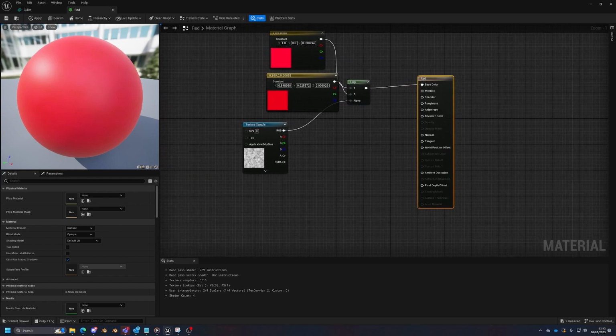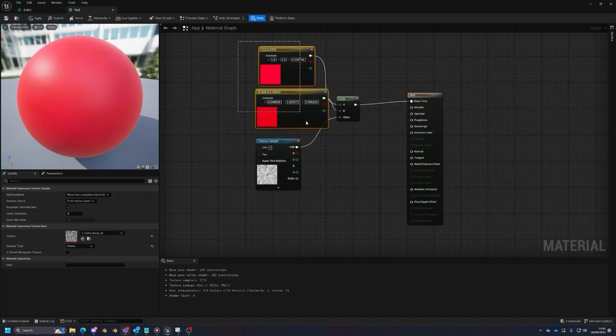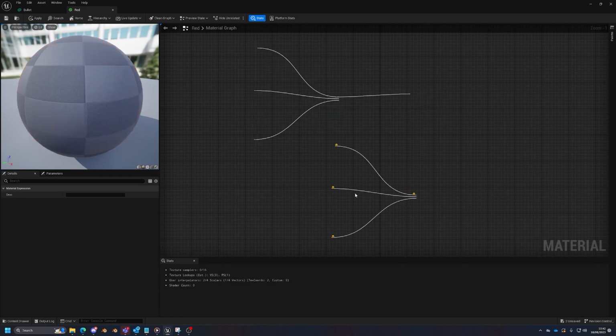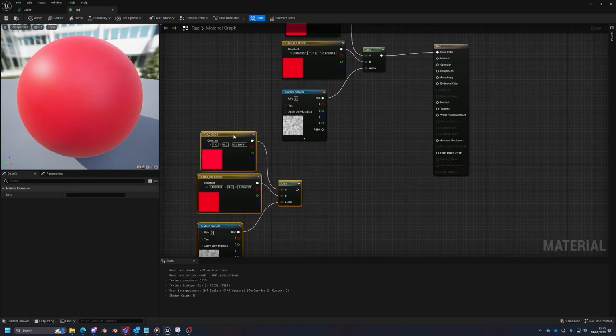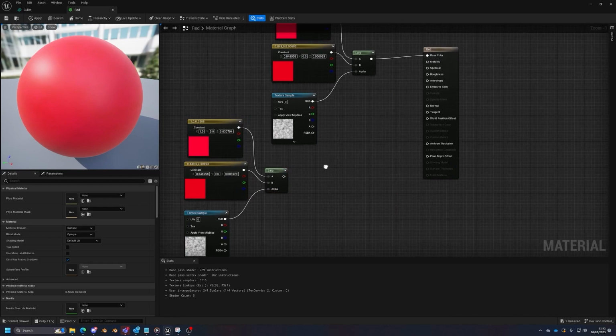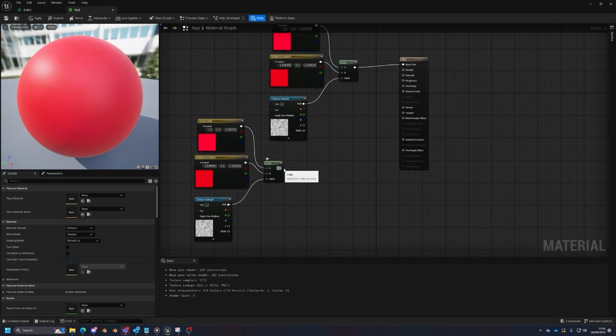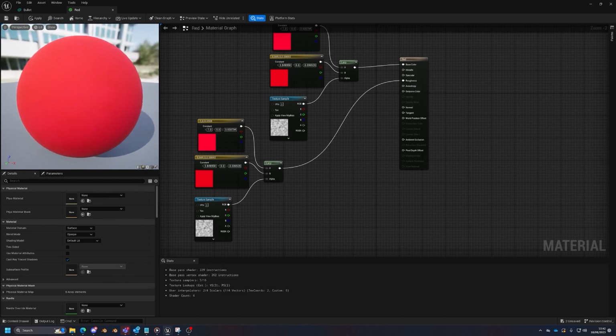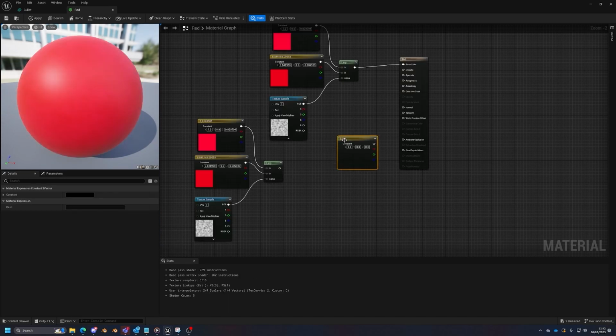The other one I want to play with is roughness. So I'm just going to take all of these values and copy and paste them. So Control D, duplicate. And I want to plug the lerp into roughness. And it's not going to do much right now. The roughness only takes grey values, so grayscale. So for example, if I had a constant and I plug this into the roughness,